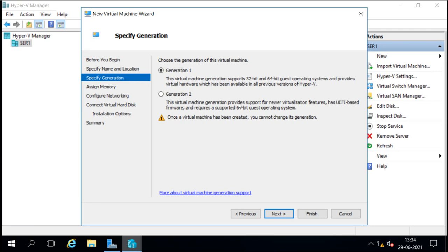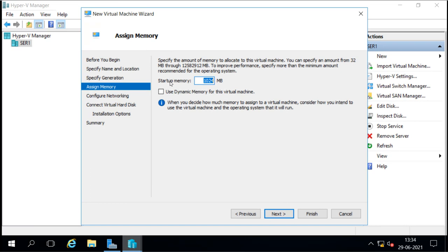But generation 2 provides support for new virtualization features, and it also has UEFI-based firmware and requires support for a 64-bit guest operating system. It can only use a 64-bit operating system. So it depends on your requirement which generation you will go with. I'm going with 2.